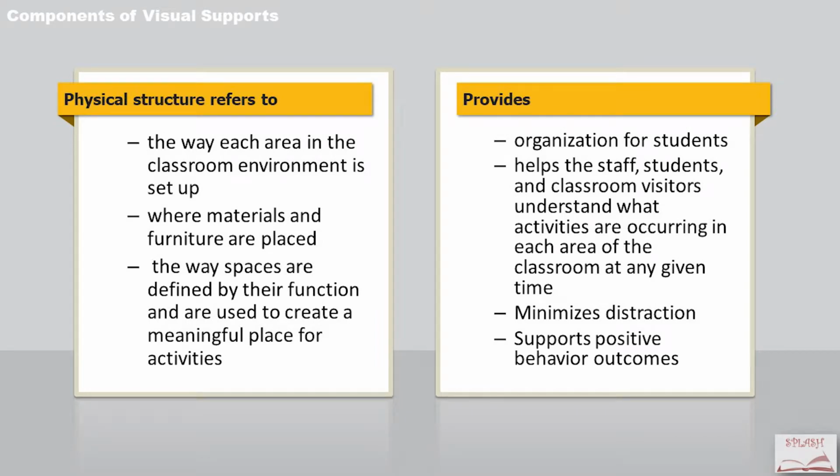Physical structure refers to the actual layout or surrounding of a person's environment. In planning for individual students, you'll need to consider all possible settings in which the student may need support. These can include the home, school, community, or work environments. To provide physical structure in the classroom, you need to think about the way each area is set up to